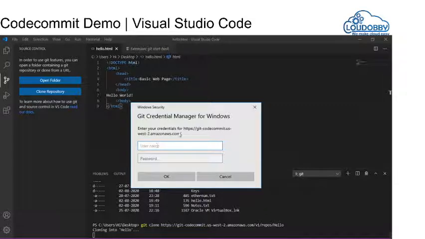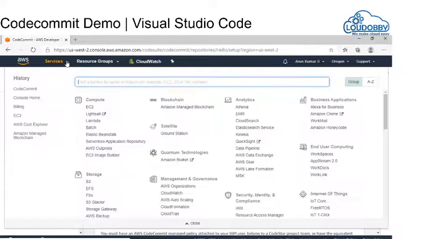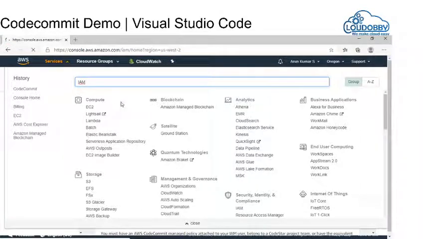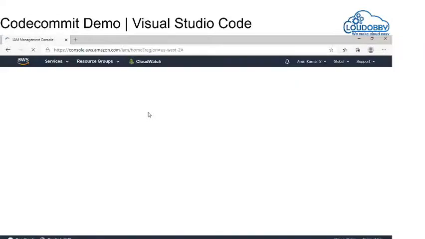Now it is asking for my CodeCommit username and password. This is the key here. Whatever username and password you are going to give, you need to set it in your IAM policy. Now I am going to IAM, which is Identity and Access Management. Your user needs to have access, and your user will use a key which is used for this CLI authentication.